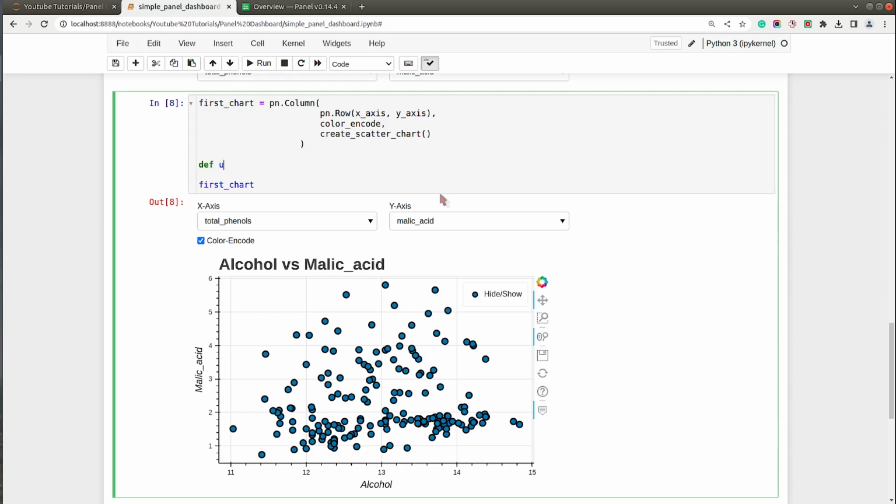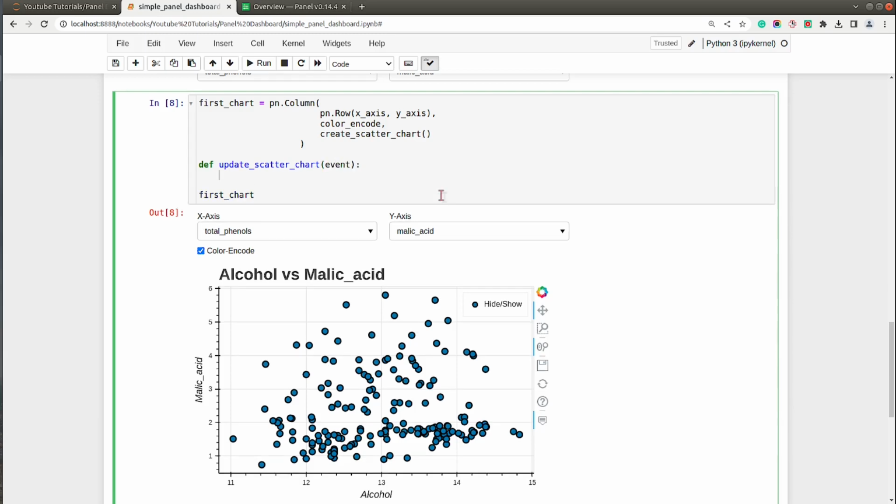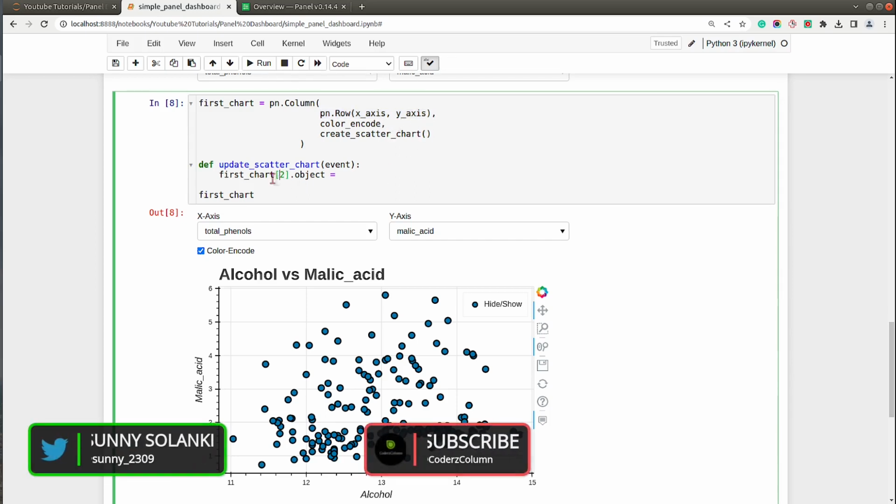So let me write a method named update scatter chart. This method accepts the event object, and over here I will say first chart of 2 dot object. So first chart we have three objects: two row object with two drop downs, then checkbox, and then chart. So first chart of 2 will be this scatter chart, and that will be set to